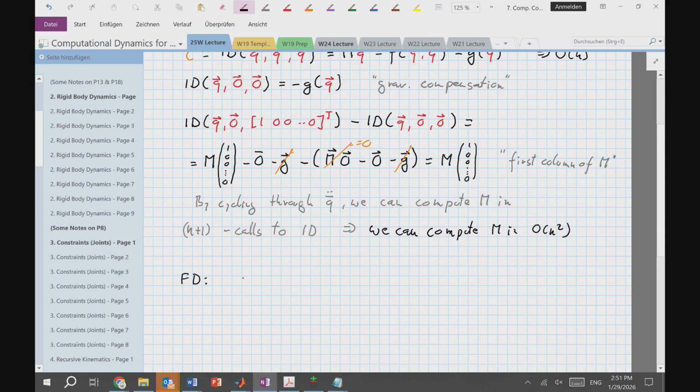What about forward dynamics? So far, everything we did was inverse dynamics. But forward dynamics would be a simulation where you say q double dot equals M inverse times F plus G plus tau. And we could compute the mass matrix using the recursive Newton-Euler algorithm in order n squared time. But now we have this matrix inversion, which is roughly order n